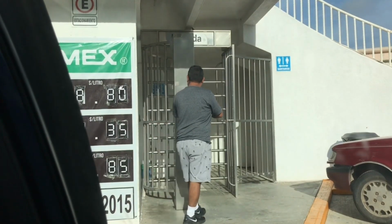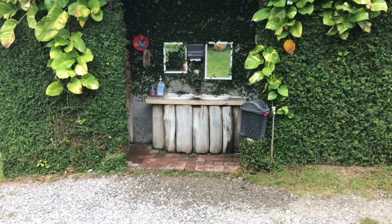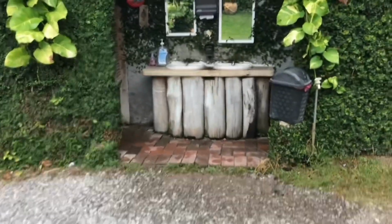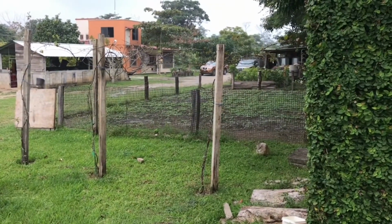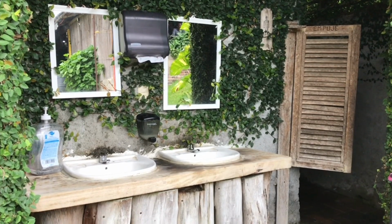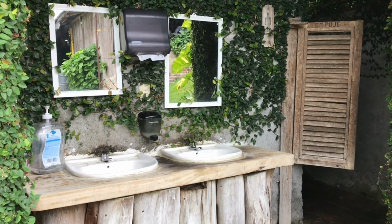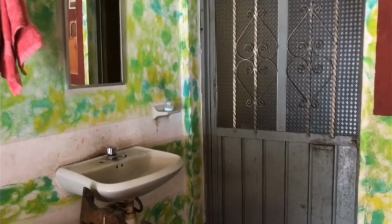You got any rubbish? Fred always asks if there's garbage every stop to take out of the car. So here we are in a restaurant. They have gravel so any water can go down and not stand. That was their herb garden in that roadside restaurant. Usually you wash your hands outside so someone can go to the restroom in. So this is a pretty common place to wash your hands in a